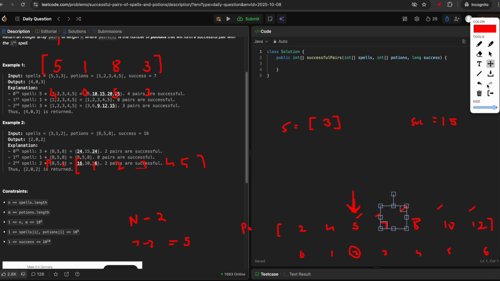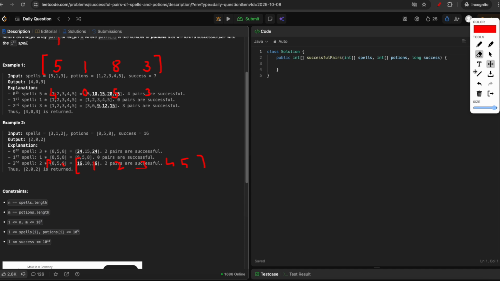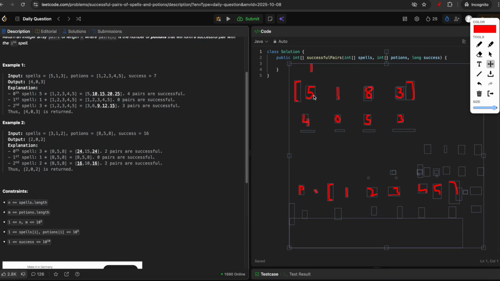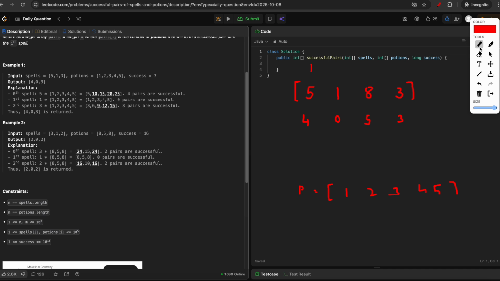So with the same approach, let me quickly dry run the first input, and then we can go to the code. Our first step is to sort the portions array, and sorting will take n log n time. So after sorting,